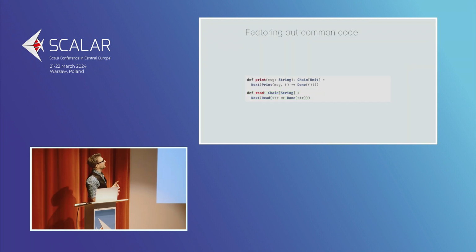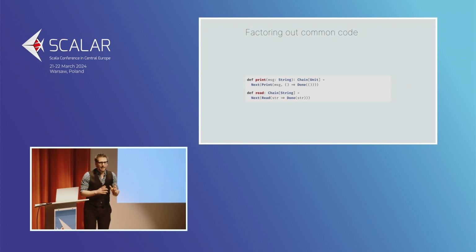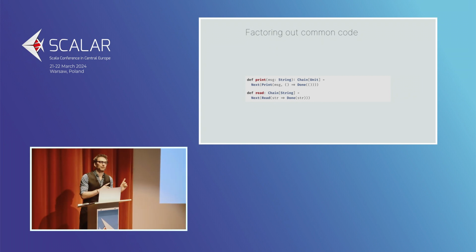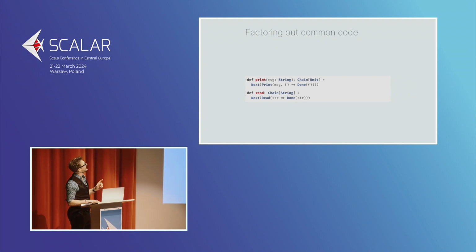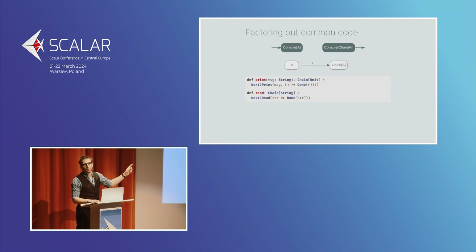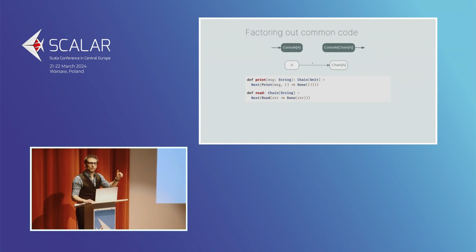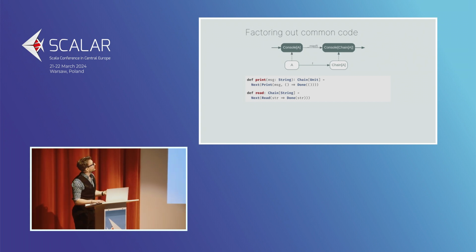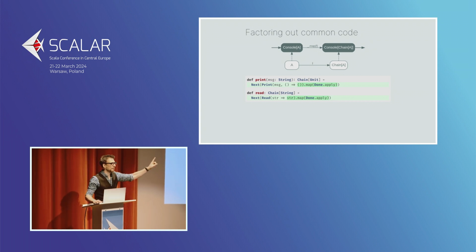Now, let's spend a little time looking at these two functions. It might not be obvious, but they're basically the same. So how do we see that? Well, both of them are a function from something to chain, executed within a console, and we want to get a console of chain. That is a rectangle, isn't it? We should be able to use something functorial here. And yeah, we can rewrite that code as a lift into console. We could do that. Now, you might argue this is actually worse. More code. True, it is, but also it allows us to spot a pattern.